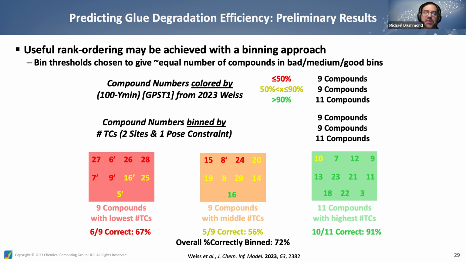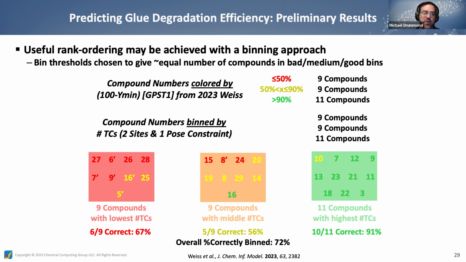And this is just one example. It's from this recent paper. I know it's a JCIM paper, but it does have experimental results in it nonetheless. This is work from Celgene BMS. And they looked at 29 different molecular glues, and they had DC50 values, Y-min, Y-max, very similar, how much protein basically was degraded. And so what we were able to do is, of course, bin these experimentally based on whether it degraded less than half of the protein,